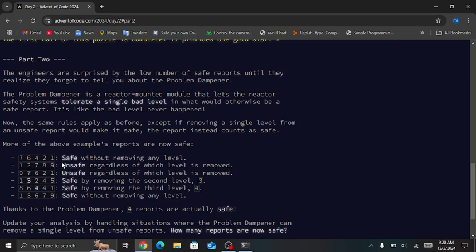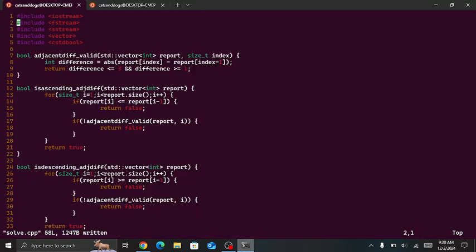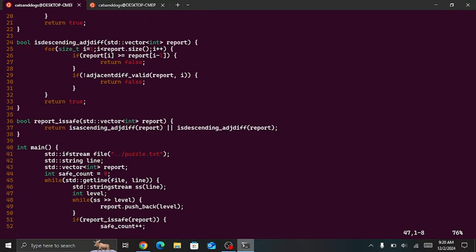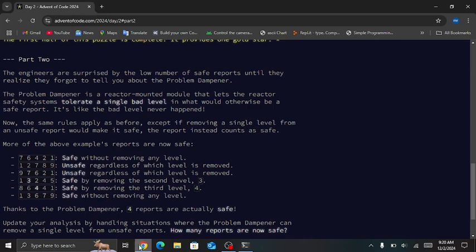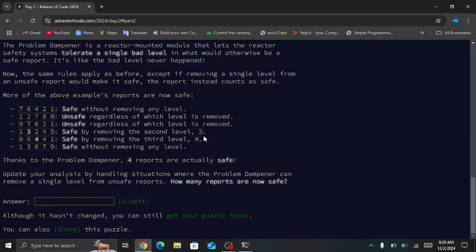So we need to do the same thing we're doing, guys, in which we determine if a report is safe, except that if a report is not safe, then, oh,